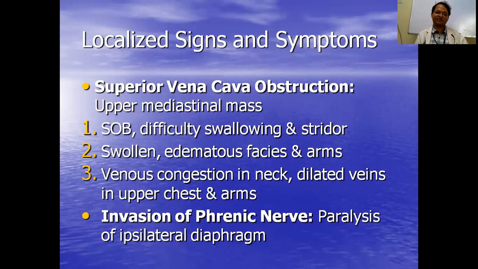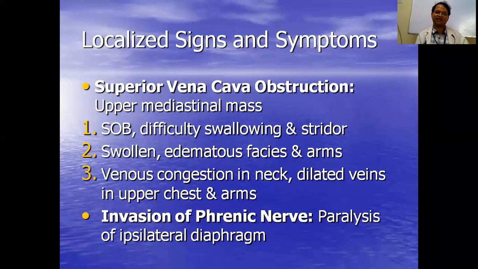Superior vena cava obstruction. If the tumor is occupying the upper mediastinum, the mediastinum, as you already studied in your anatomy, is divided into upper mediastinum and lower mediastinum. Lower mediastinum is again divided into anterior, middle, and posterior mediastinum. So, in the upper mediastinum, if there is any mass lesion which is obstructing or compressing the superior vena cava,